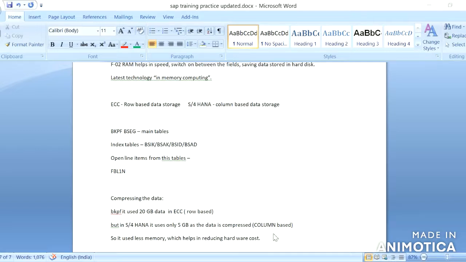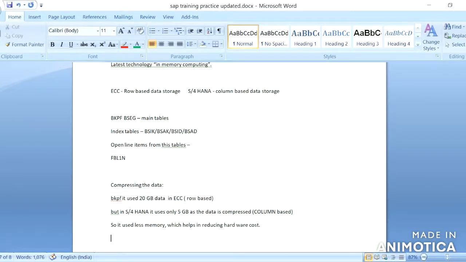Wherever required, it will even use row based data storage in S/4HANA, but it will use it only when required.